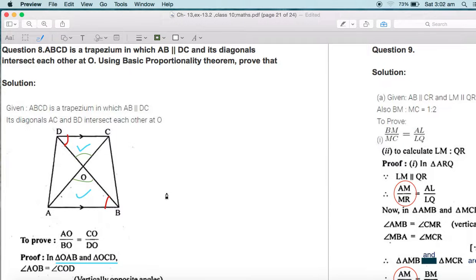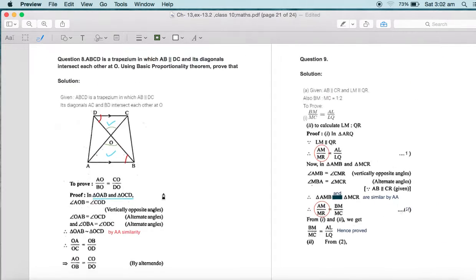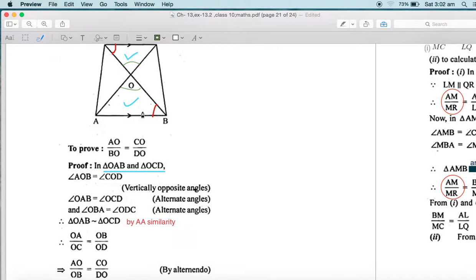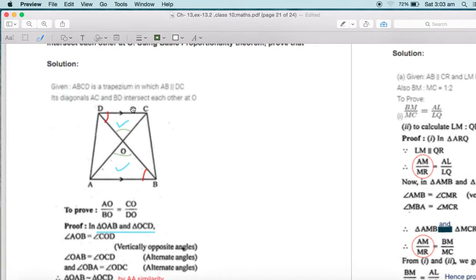Now again today also I'm saying the same thing. If you want, rather than writing the names of these two angles, you can do the numbering. This as 1, the other as 2, and you can write angle 1 is equal to angle 2 because they are alternate. And then you can take 3 and 4 as the alternate angles, and write angle 3 equals angle 4. But be very clear, my dear students, drawing the figure in geometry is a must.